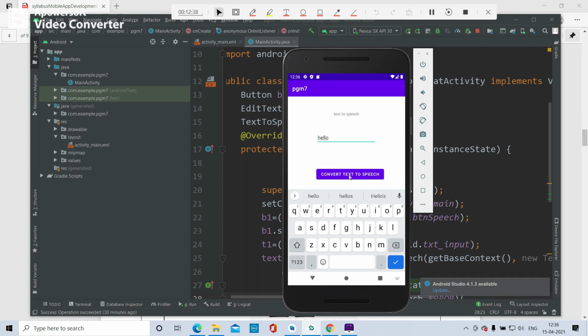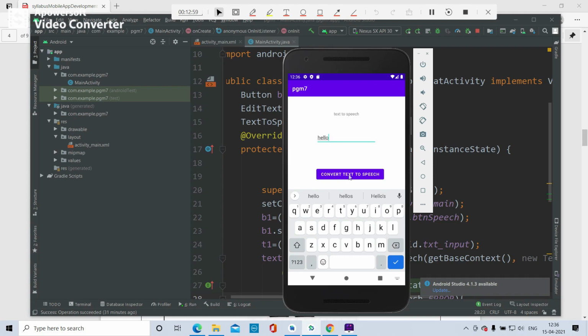Okay, and if there is a mobile, you can connect the mobile through USB cable, and you can see the emulator in your mobile properly. You can see or you can listen to the voice.